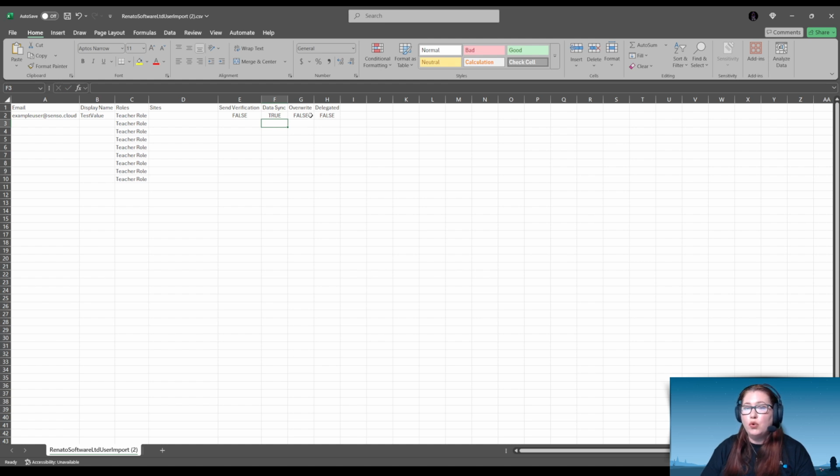Overwrite, if you want to overwrite existing users that may already have accounts with the information, so they're listed here but they're also listed in your portal already, and you want to overwrite those accounts, you would change that to true. And delegated, you probably want to leave this to false, as